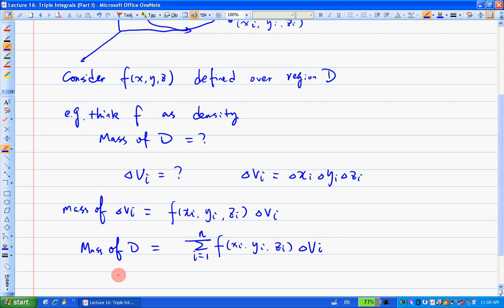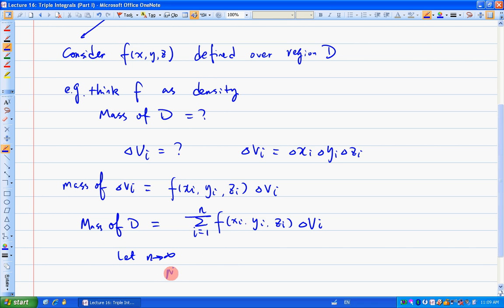Then we're going to let n go to infinity. So we let n go to infinity, then this summation in here will become an integral. So we got our mass of D, which becomes an integral, and it's a triple integral now. The reason is that delta V equals delta x, delta y, delta z. And as n goes to infinity, this small delta will become just a d here. So that basically gives us a triple integral,